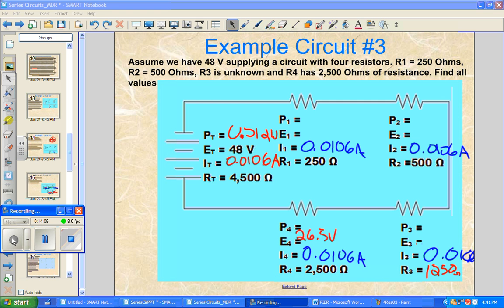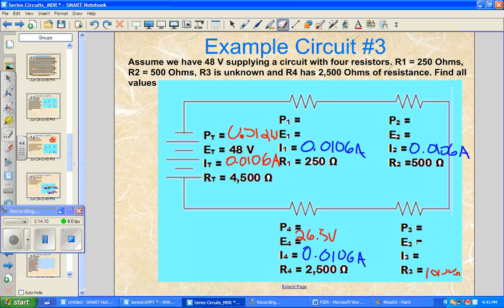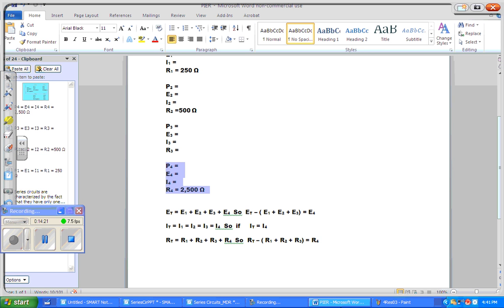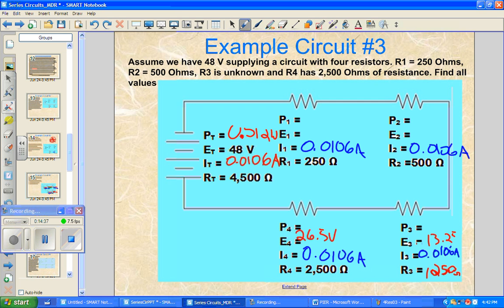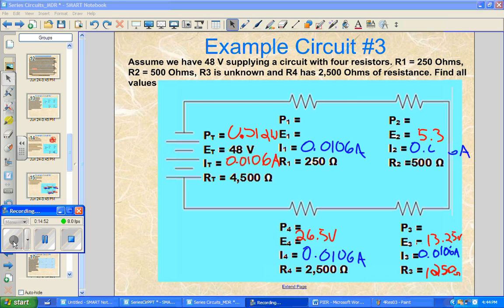That's okay. Let me write that a little clearly. Okay, so if we multiply 1,250 times 0.0106, what do we get? Thank you. 13 point what? 25 volts. Very good. And we can multiply the same number by 500. Okay, so we multiply 500 times 0.0106, we get 5.3 volts. And our last one, if we multiply it times 250,